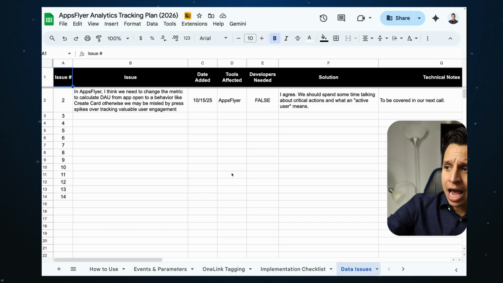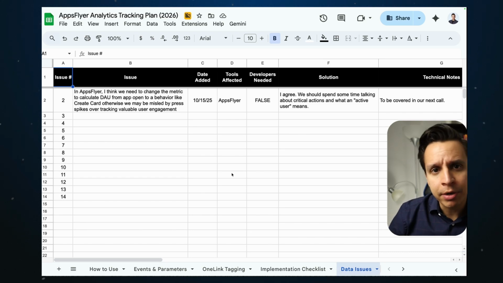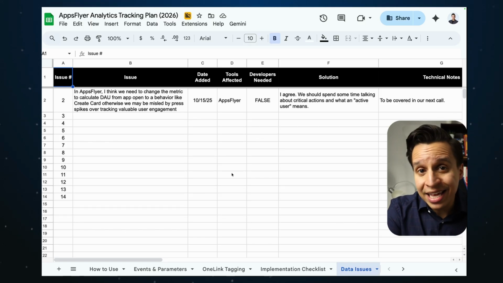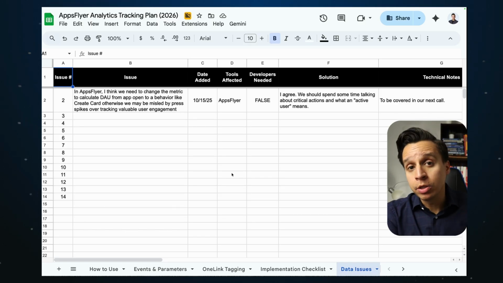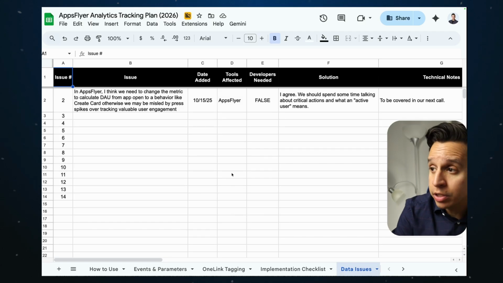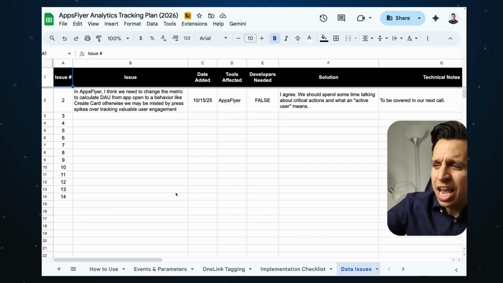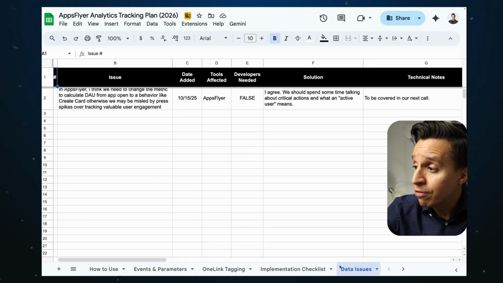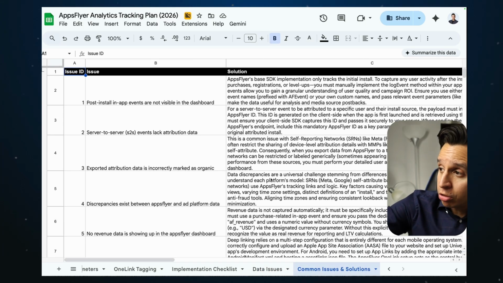This is a helpful tab if you want to track ongoing issues in AppsFlyer. For example, you have discrepancies in your reporting, or the scan integration with iOS doesn't work, or some of the one links are not deep linked to a specific screen. Just build this if you want to use this. If you have a Jira or something like that, then you can use that instead. Just another option. And then finally, I have this common issues and solutions tab with about 25 common issues I've